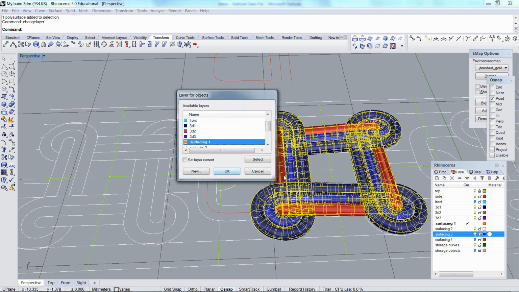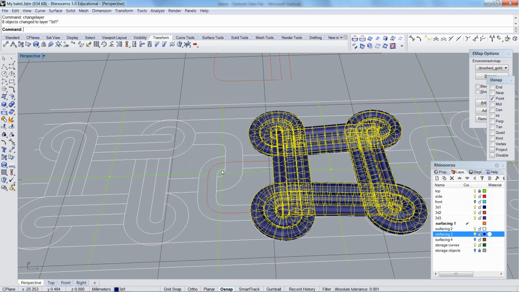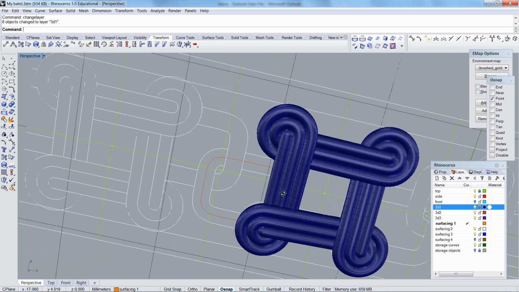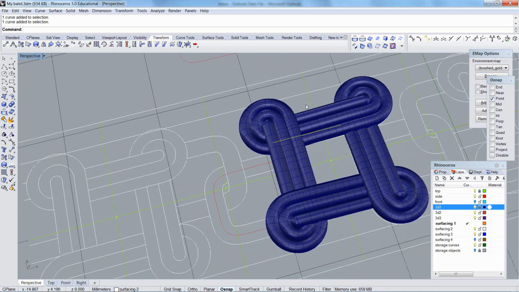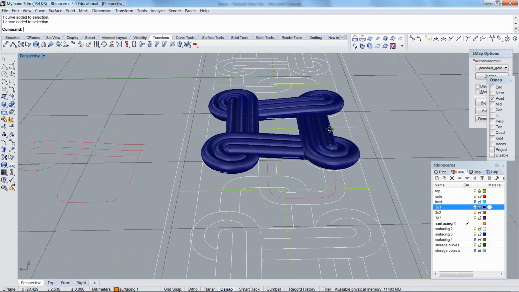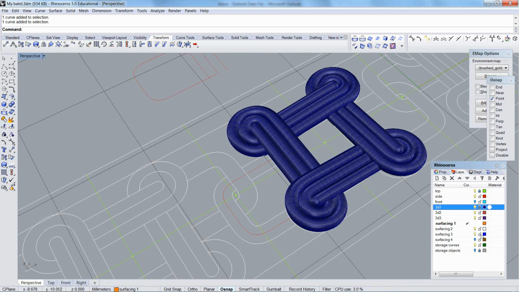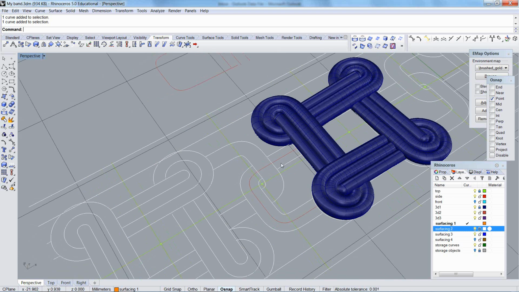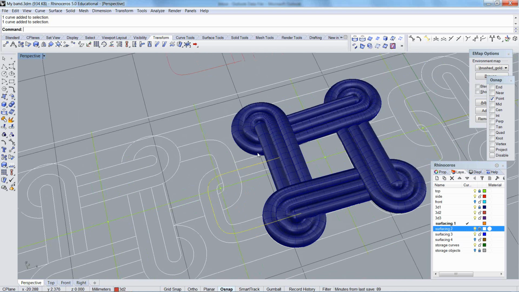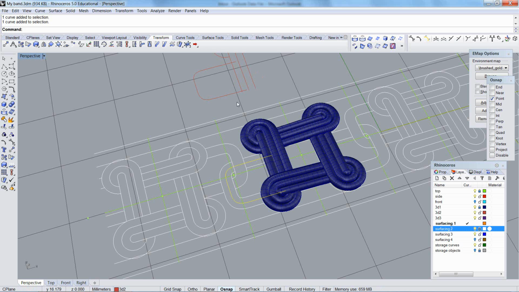So I'm going to put these all on one layer, and then I'll lock that layer so I don't select it accidentally. I can still get at the curves, but I will not get at the object. Actually, I should lock the white layer while I'm here so I don't click those accidentally either. Okay, going to pipe. Remember, this has history attached to it the same as these center curves did. If I move this curve, that one moves along. It's important. I'm going to go ahead and pipe